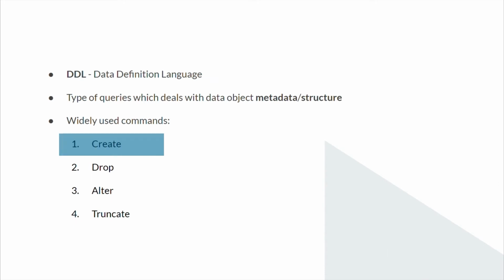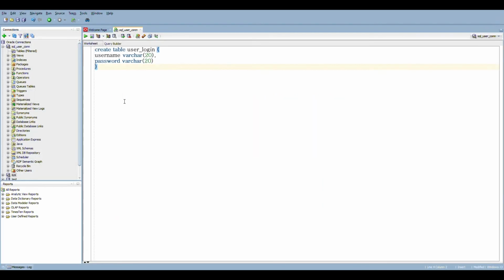First is the create statement. We have already created a table called user_info having two columns. Both are strings. Let's look at the syntax. It is create table name, column 1 its data type, comma, column 2 its data type within the brackets. We have specified the table name as user_info. Two columns are username and password.